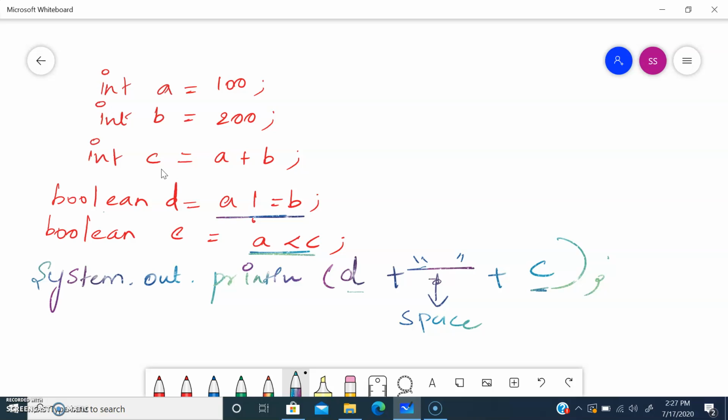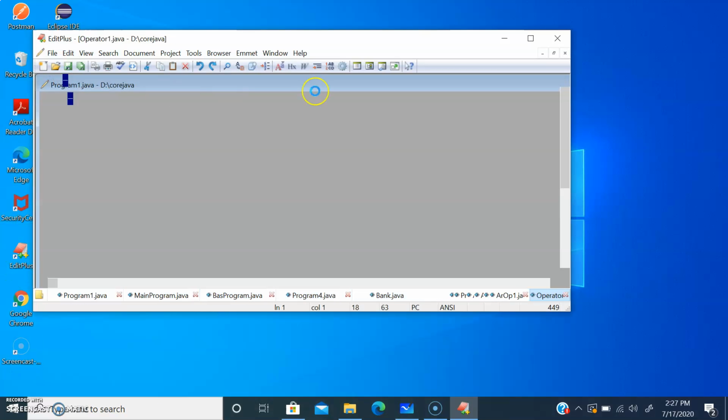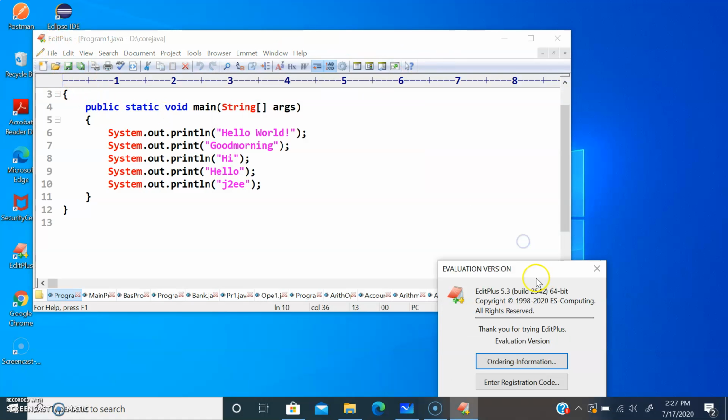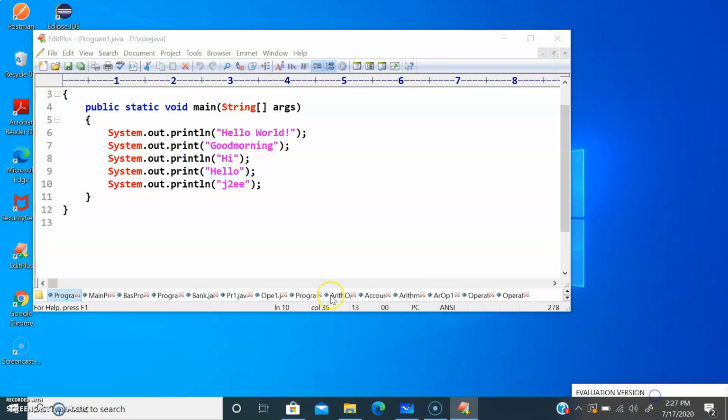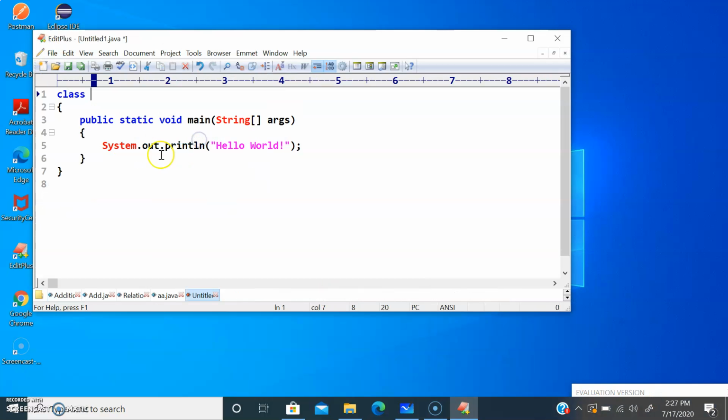Let's see a sample program on this. Let us work on this. Let me open EditPlus. I'm going to choose File, New, Java.